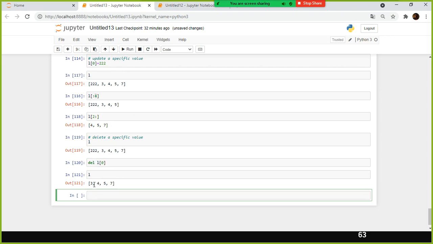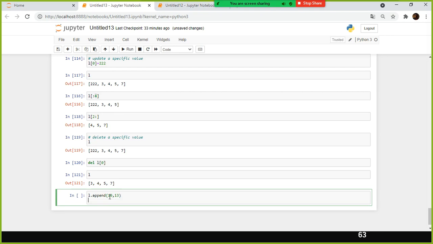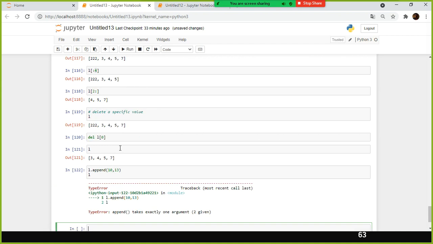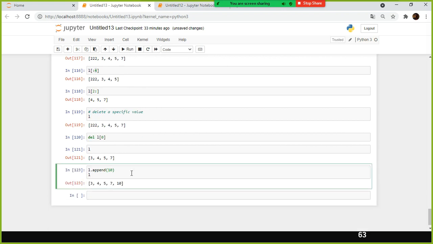See here I deleted 22, and let's say your manager wants you to add a value. You have the append function. Let's say you want to add 10, 12 and then print the value of L. After appending this, I wanted to see the value. Okay, only one argument. Yes, you can append one by one. You cannot specify more than one argument. That is the reason why I put more than one argument. Now you understood, right? The append function takes only one argument. You are not supposed to specify two arguments. You learned that one also by making the mistake. At the end of this, the 10 got appended.